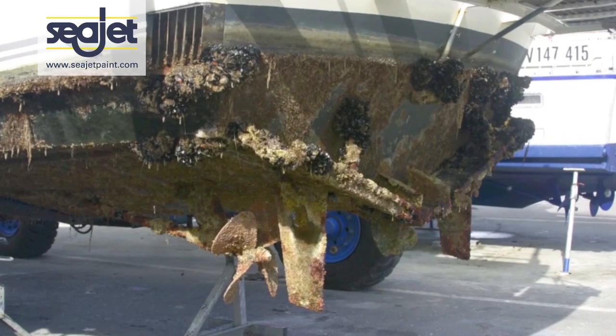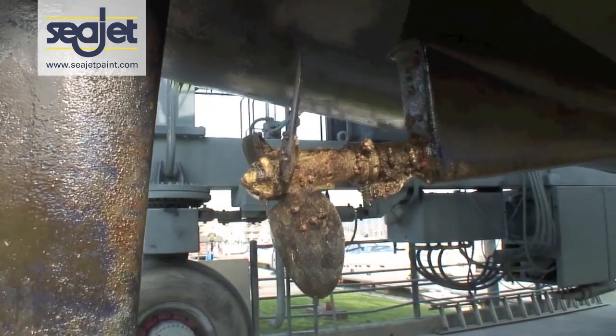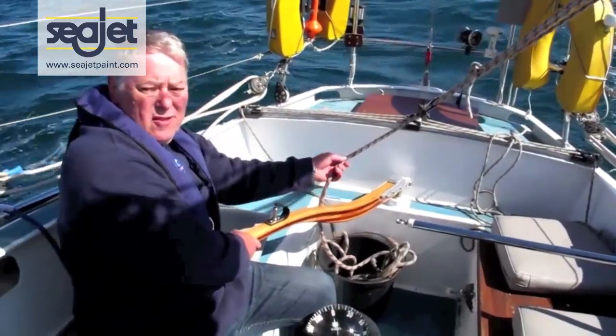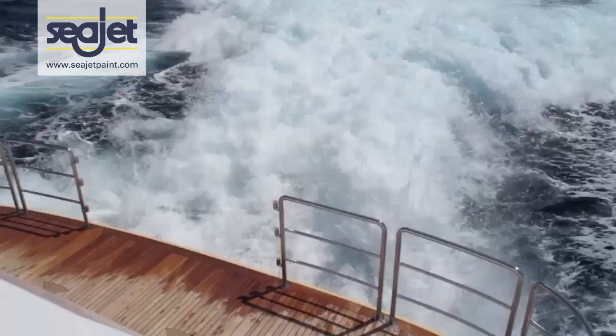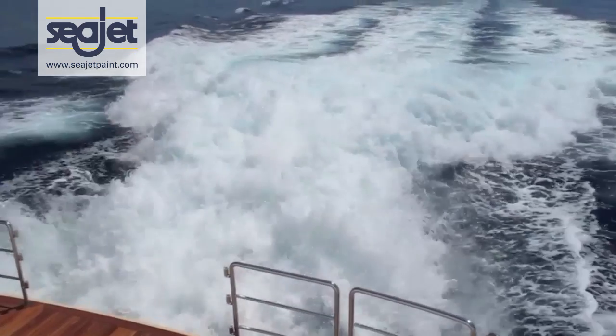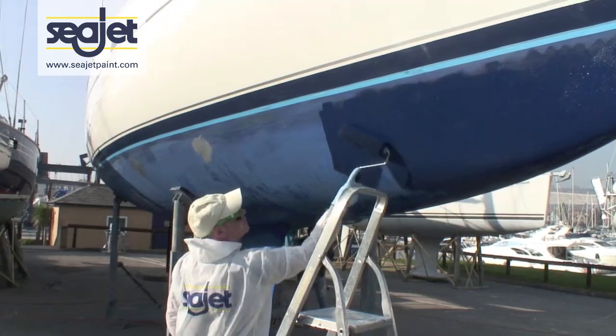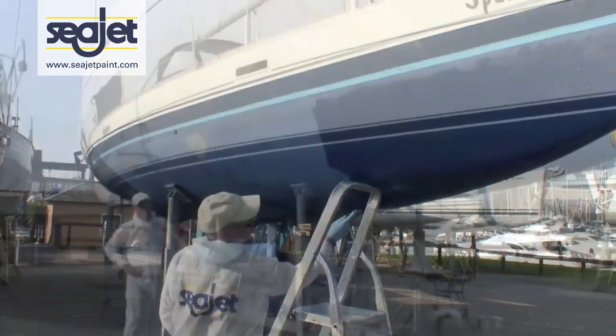Fouling occurs when marine animals or plant life anchor themselves firmly to your underwater hull. The effect is to reduce your boat's performance, extending journey times and requiring more fuel. Seajet makes a range of antifouling paints to effectively combat the problem, but they need to be correctly applied for